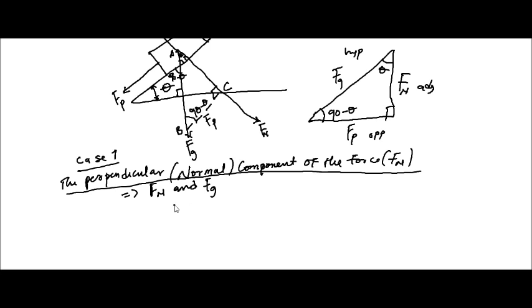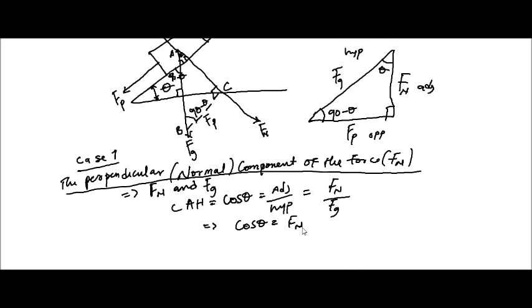Your trigonometry says cos theta is equal to adjacent over hypotenuse. So what's our adjacent? Our adjacent is F subscript N, over what is our hypotenuse? F subscript G. So this implies that cos theta is equal to F subscript N over F subscript G. But what we are looking for is